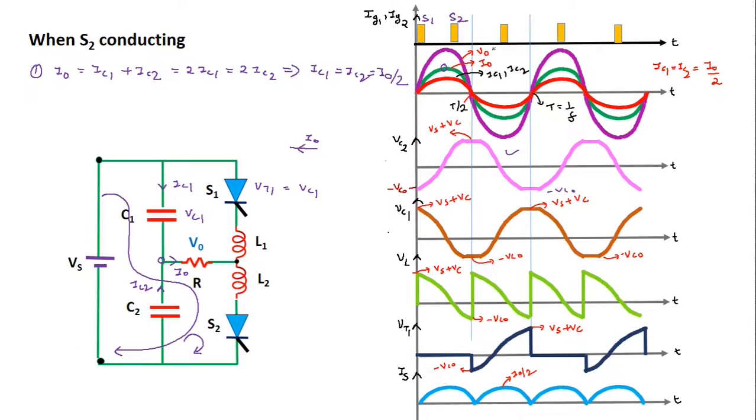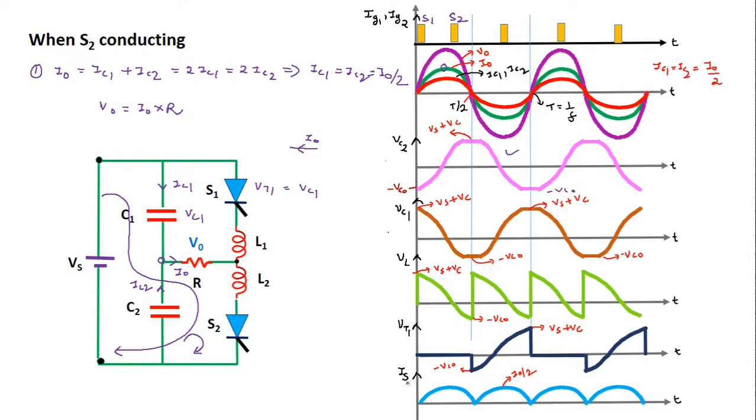Now coming to the load voltage waveform, here we are using the resistive load, and we know that whenever a resistor is used, the current and voltage through that resistor will be in phase with each other. Therefore the load voltage and load current will be in phase with each other, and so the shape of the waveform of the load voltage will be the same as the shape of the waveform of the load current, as the load voltage is equal to load current into load resistor. So the peak value of this load voltage will be more than the peak value of this load current. The load voltage waveform is shown by this purple color waveform here.